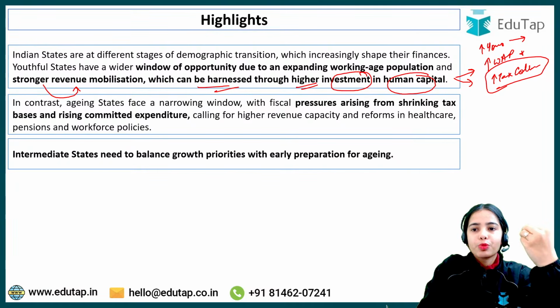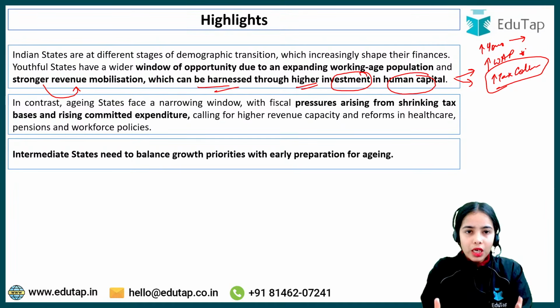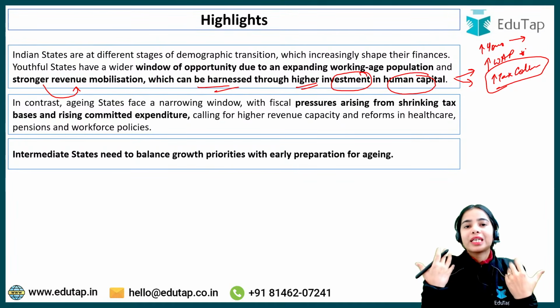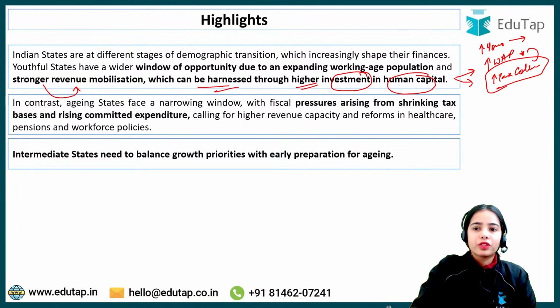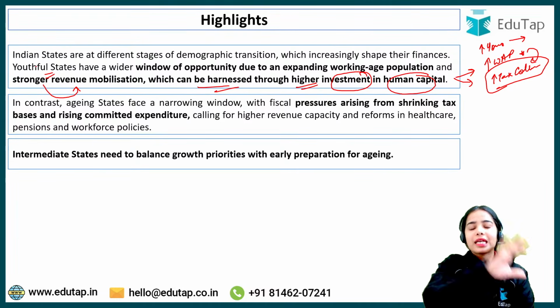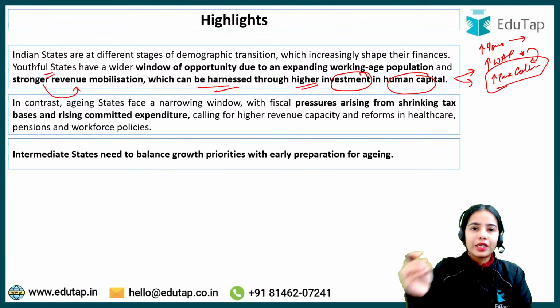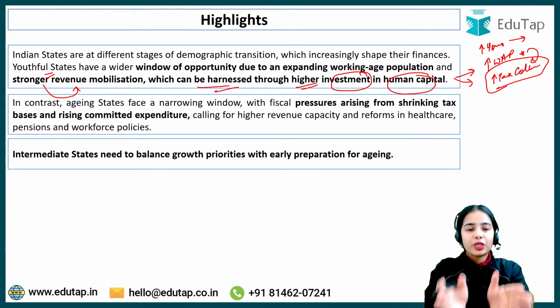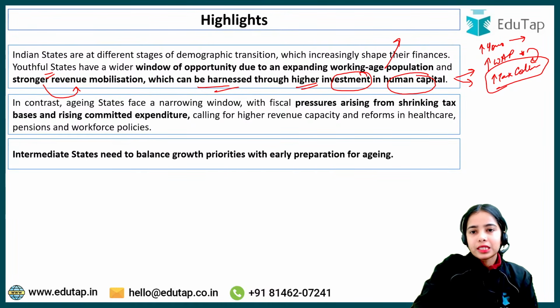If the working age population is provided with better education and better skill development, they can contribute more to society. The working age population can provide more growth, more production, more goods and services, more value addition that can help in further tax collection. Okay, so youthful states have a very good window of opportunity if provided with the right kind of boost to the working age population. The youthful states can get a lot of tax mobilization and a lot of benefits. But at the same time, youthful states have to spend a lot on education, skill development